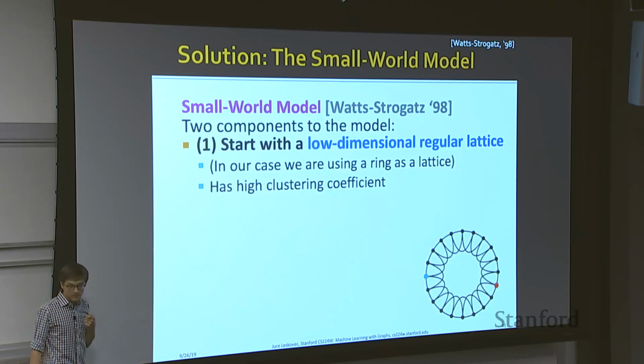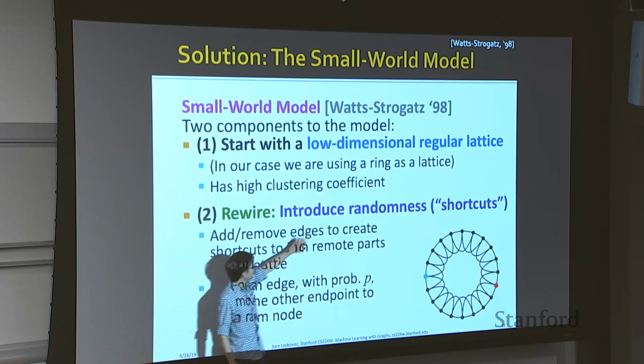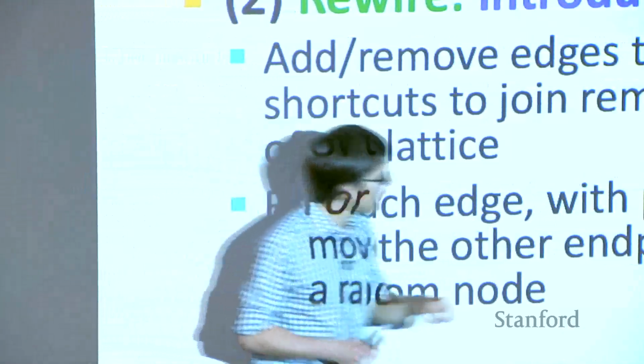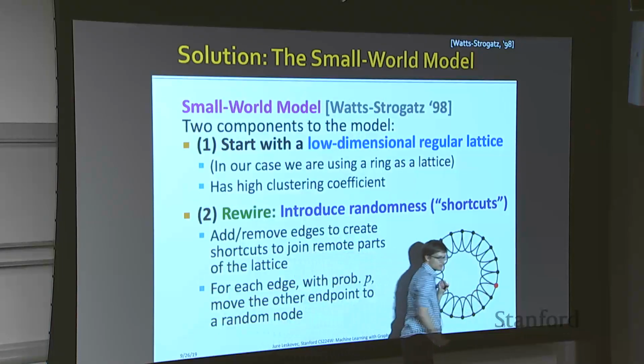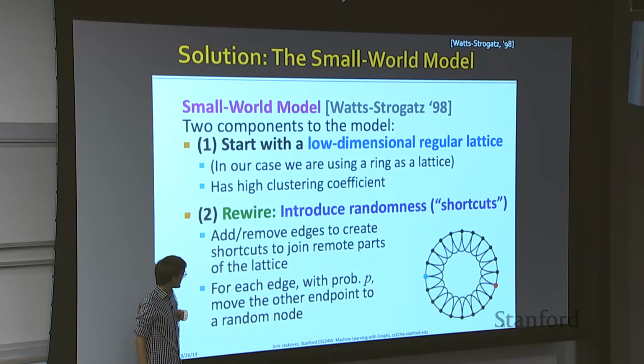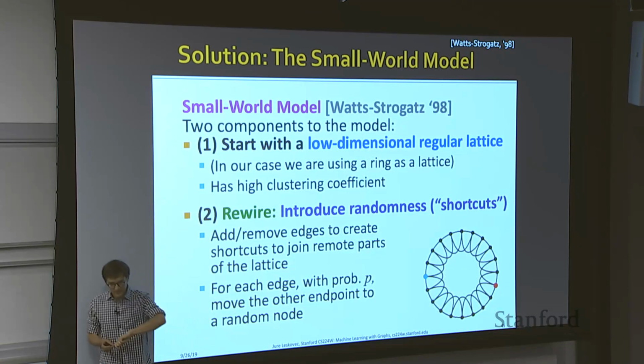But what we will do then is have a rewiring phase where we will introduce just a bit of randomness. What this means is we will pick random pairs of nodes and rewire their connections. So for each edge, with a small probability p, we will rewire the other endpoint to